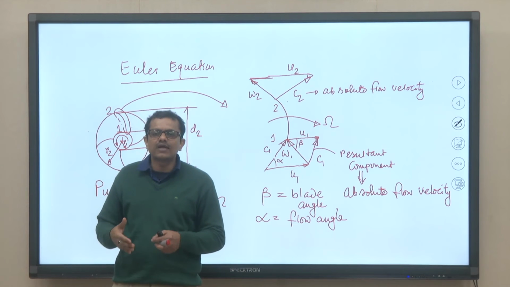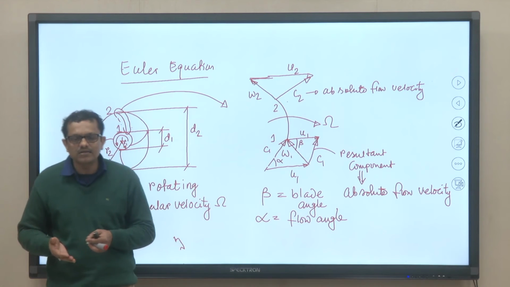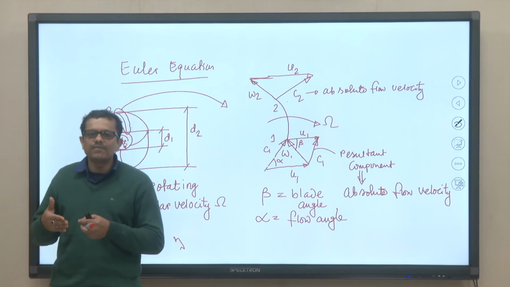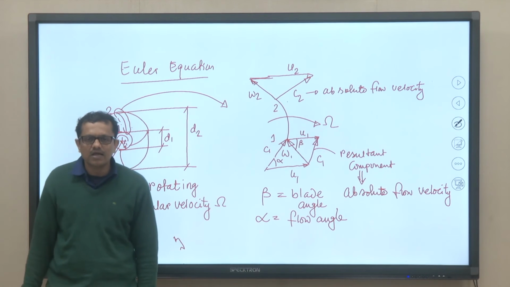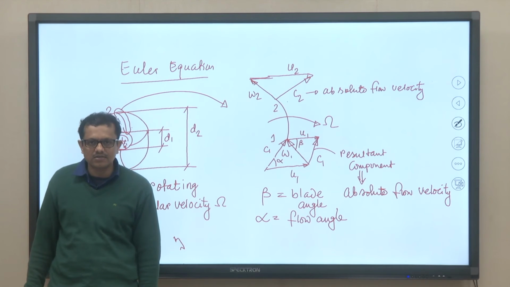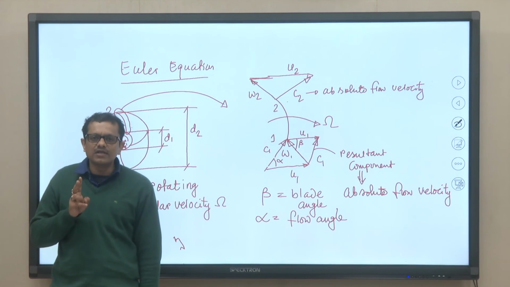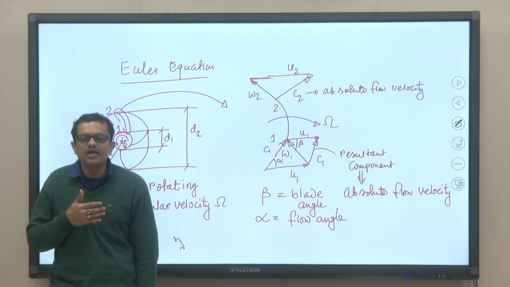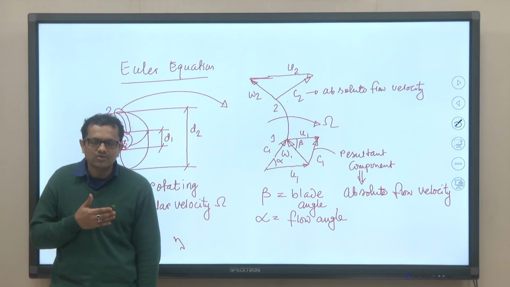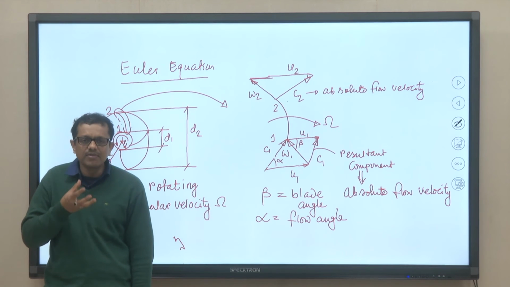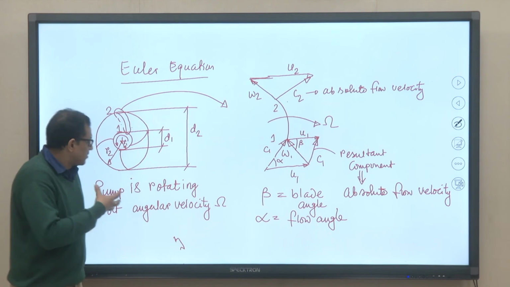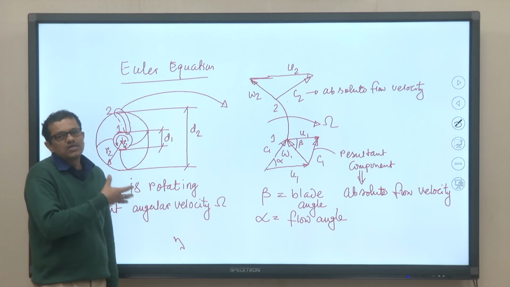We know that pumps are used to supply water in different places, whether it is water to be supplied in a multi-storied building or in different parts of an industry, whether it is a power plant or different process industries. So, two important quantities that I discussed in the last class are important in the context of pump operation. Those are the head and discharge: the quantity of water that will be supplied by the pump and the head which is being developed. Now we will discuss the Euler equation.